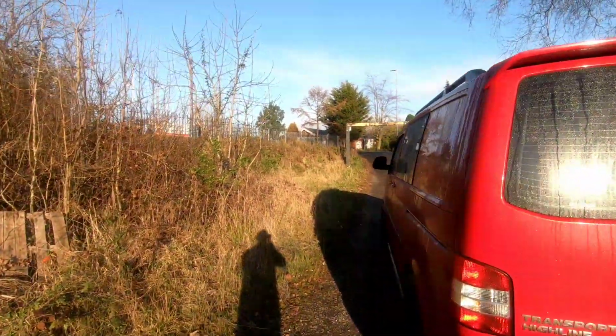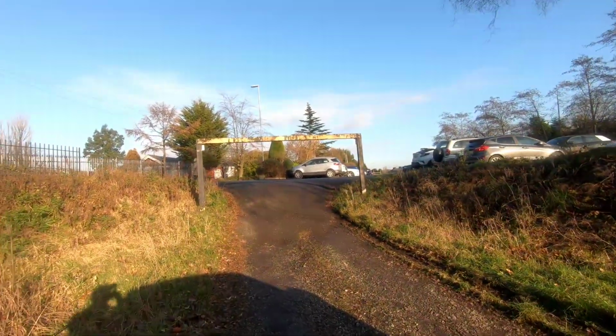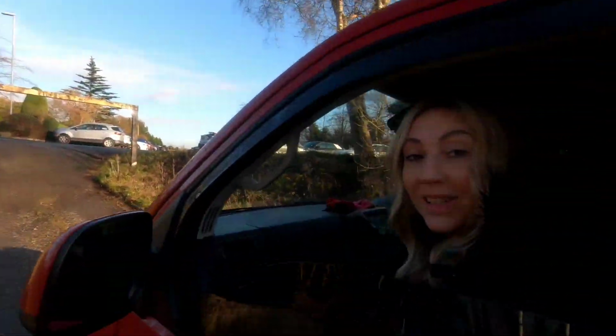So straight away guys, I'm going to point out probably the main issue about owning a camper van as a daily driver. We've just come to this garden centre to start the video, and obviously we've been in and had a quick look around. Just as we've been coming out, we've spotted straight away that there's a barrier here. I know for a fact that the van is not going to fit underneath that, even though it doesn't actually have the height restriction on it. So the main issue that you're going to have using a camper van as a daily driver is...